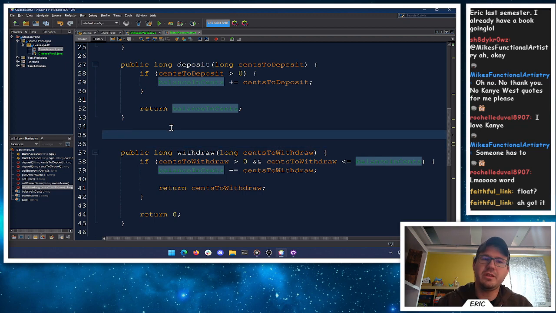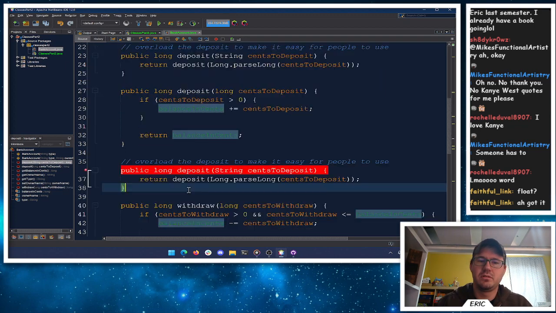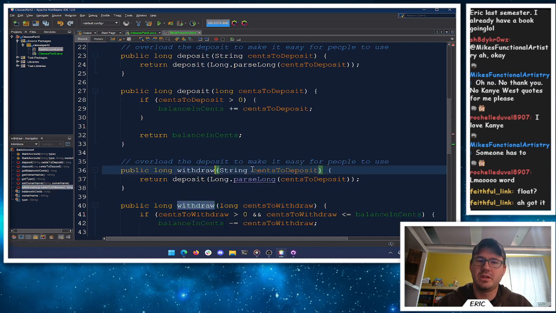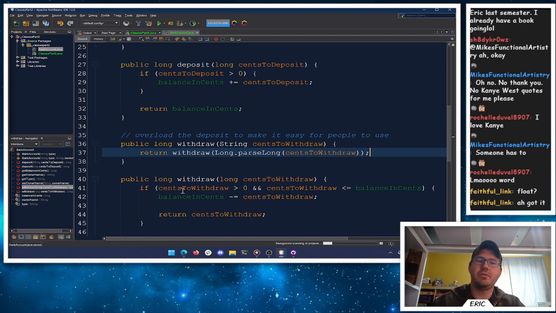And then we're going to do a similar thing here with withdraw, where we overload. So this will be withdraw, given a string for cents to withdraw. And then we'll just call withdraw, parsing the cents to withdraw. Again, just trying to give it a friendly option here